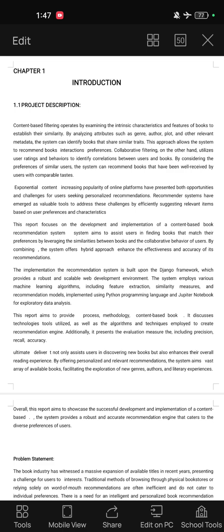Content-based filtering operates by examining the intrinsic characteristics and features of books to establish their similarity. By analyzing attributes such as genre, author, plot, and other relevant metadata, the system can identify books that share similar tags. This approach allows the system to recommend books. Collaborative filtering, on the other hand, utilizes user ratings and behaviors to identify correlations between users and books. By considering the preferences of similar users, the system can recommend books that have been well received by users with